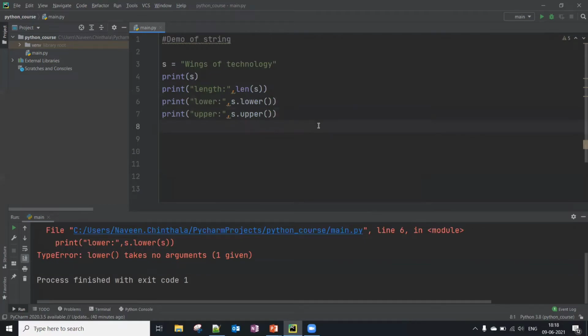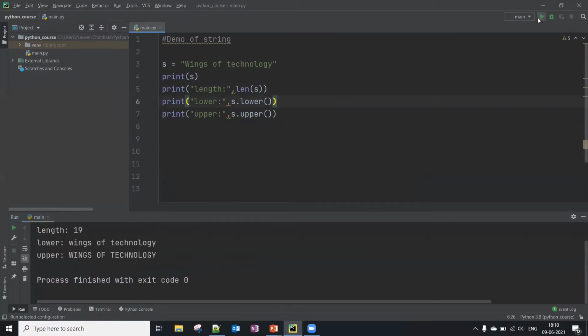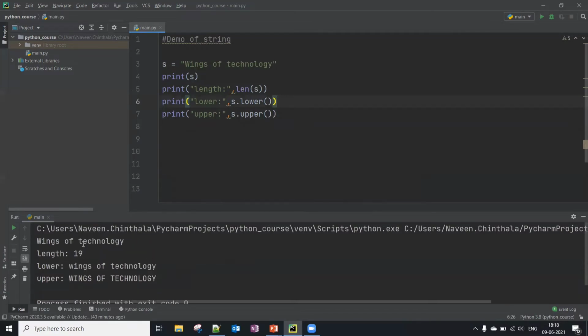So we don't need to give any arguments. This error is clearly saying that the lower function takes no argument. Okay. So this is a string. We have one uppercase starting letter, uppercase W, and now it is converted to lowercase. Of course, all the characters, and for upper, all the characters are converted into uppercase.